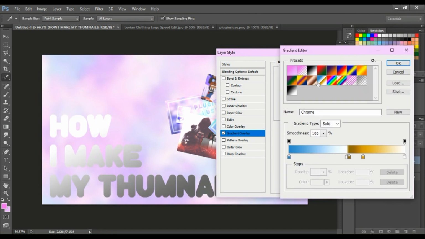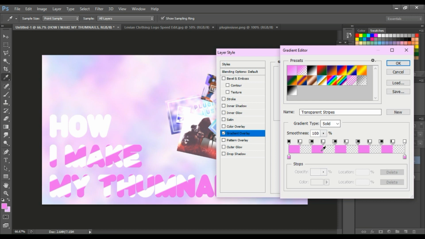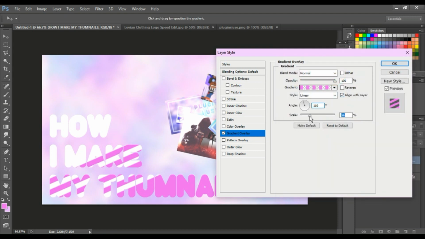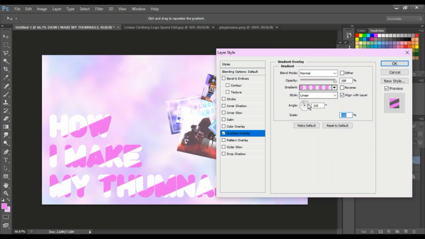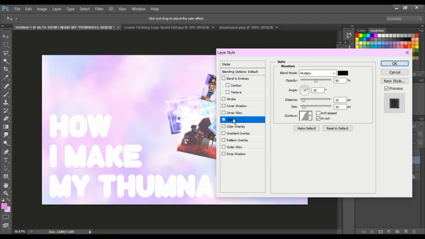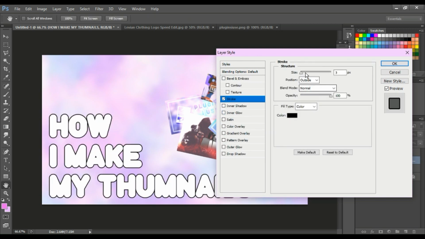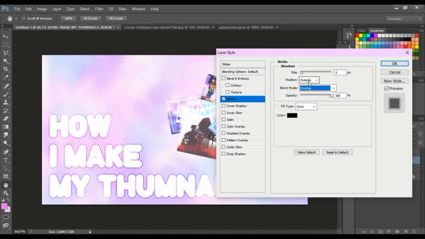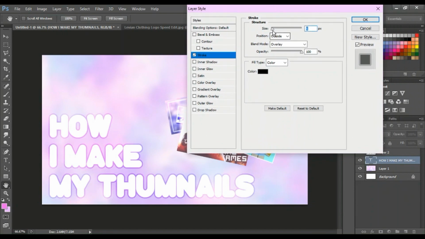And I'm adding a few cool textures onto it, to make it look nice so that the text is what you will first see in the thumbnail, or something like that. But yeah, so I outlined it and I overlaid that.